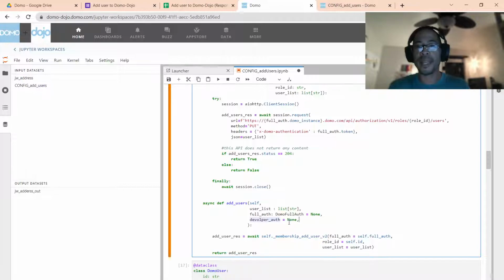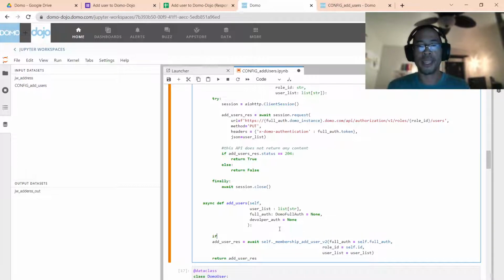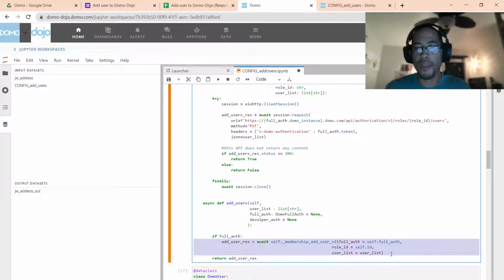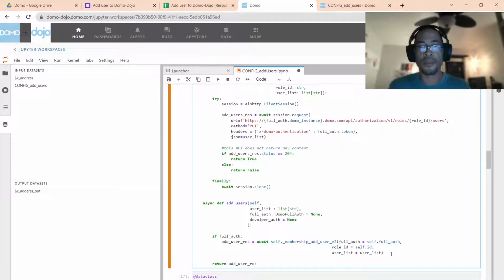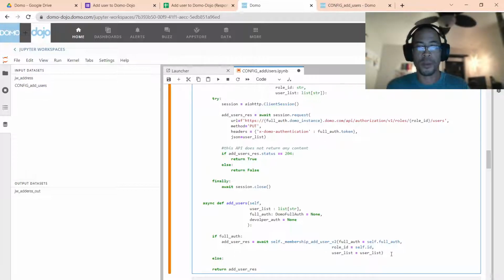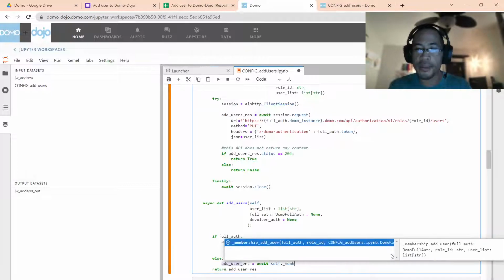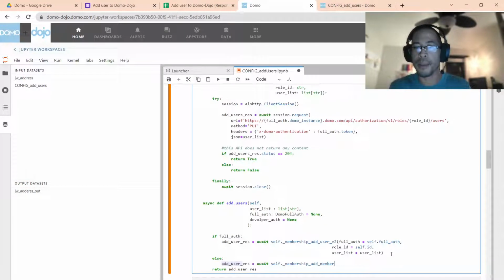And if you pass in a developer auth token, then my code has to behave a different way. So I might say if full auth, then we're going to call the method that uses full auth. Otherwise, we're going to call the method self.membership add members